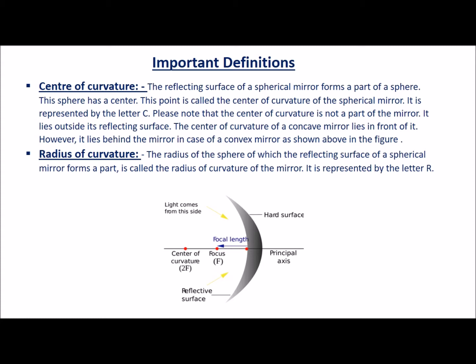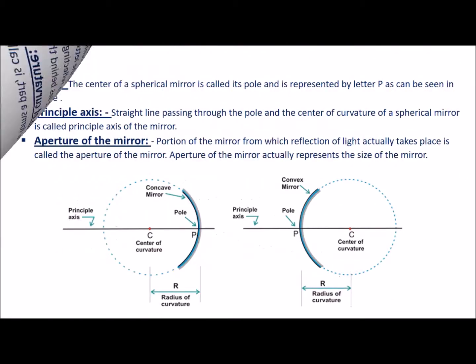Radius of curvature. The radius of the sphere of which the reflecting surface of a spherical mirror forms a part is called the radius of curvature of the mirror. It is represented by the letter R. Pole. The center of a spherical mirror is called its pole and is represented by the letter P, as can be seen in the figure. Principal axis. The straight line passing through the pole and the center of curvature of a spherical mirror